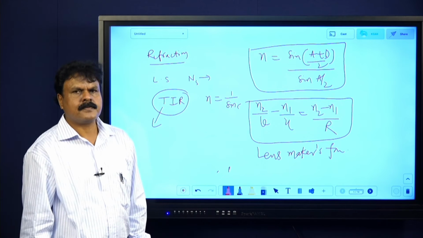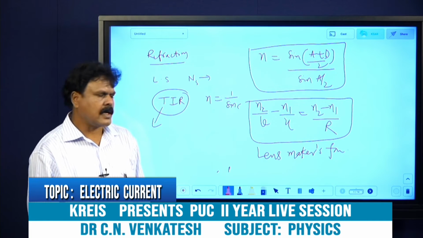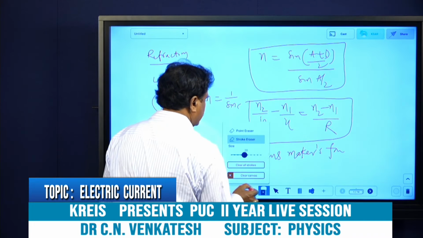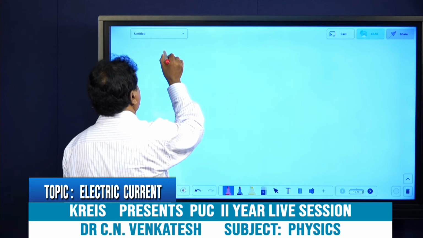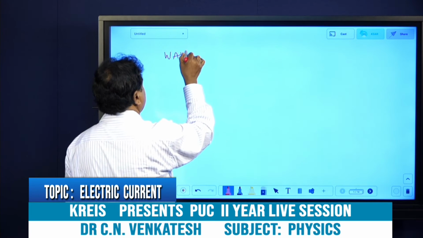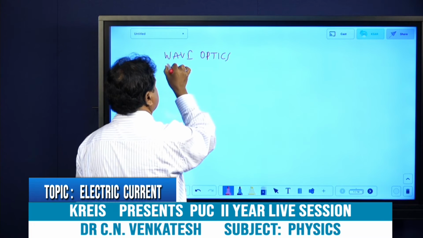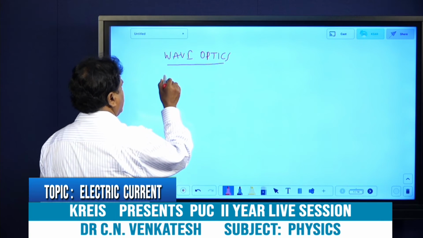Power of a lens is the ability of a lens to converge or diverge a beam of light. Optical instruments, just go through them, like the simple microscope and all those things. Coming to wave optics, most important things I will be telling, just go through this wave optics. Here, verification of Snell's law,